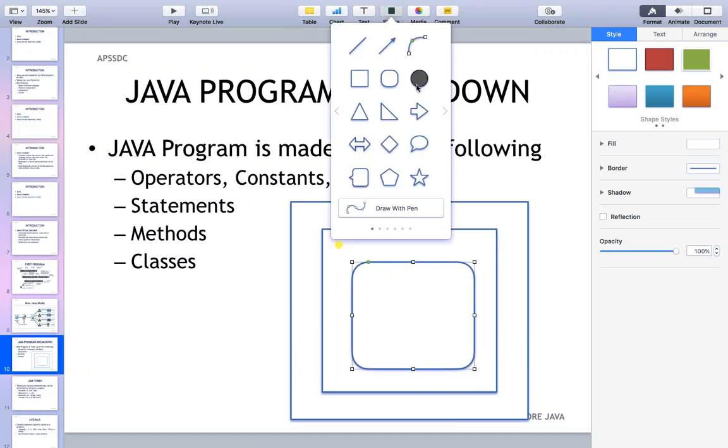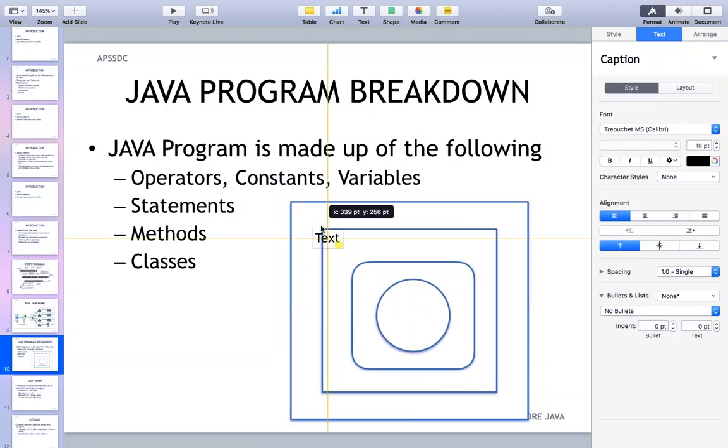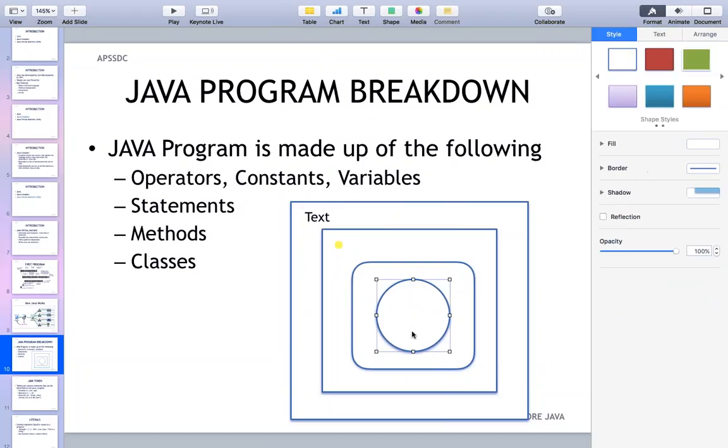And then I have an even smaller box in this, right? So let's say